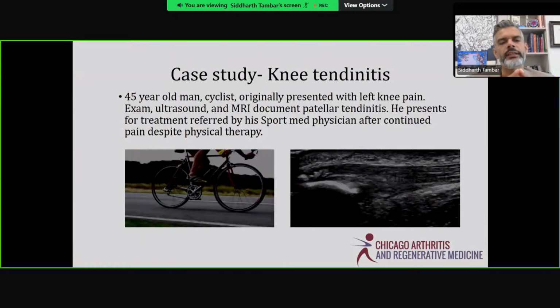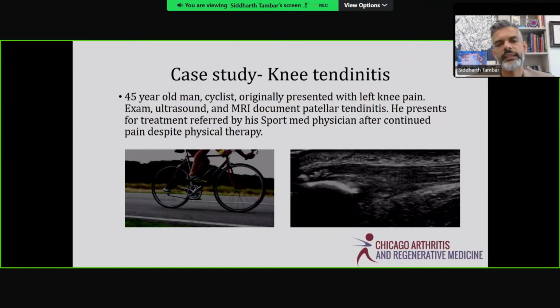It's an example of a knee tendonitis individual. And when we say tendonitis, we're talking about irritation of the tendon. Frequently, when we think of tendonitis or arthritis, we say, oh, there's some inflammation in that area. There is a little bit, but it's not inflammation like you see in an autoimmune condition, all right? That is a different kind of inflammation. So this is someone who's got chronic tendonitis in the patellar tendon.